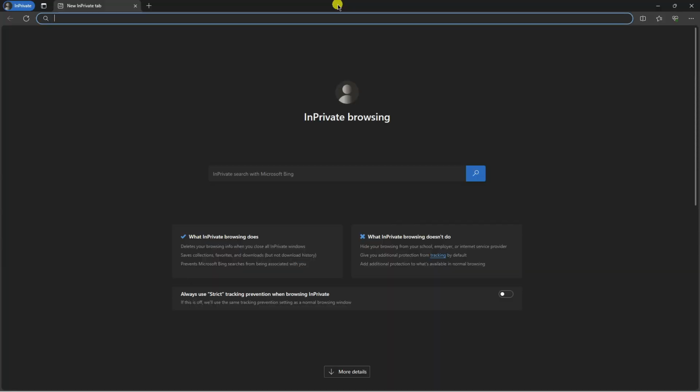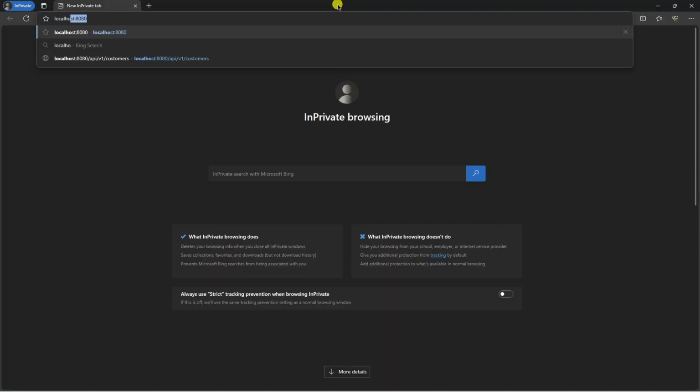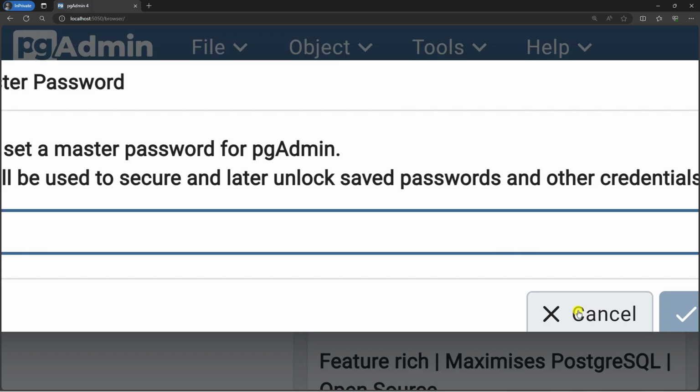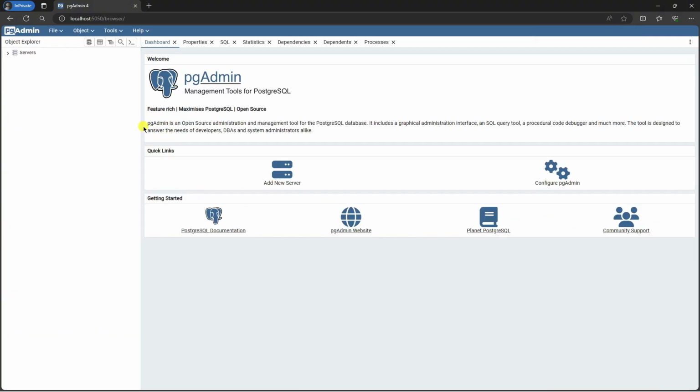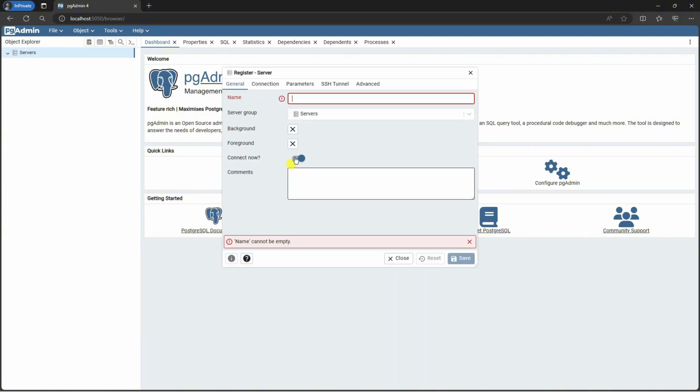Go back to the browser, then I would like to type localhost:5050. So now as you can see, we have pgAdmin in here and in the servers, we don't have any server. Let's add a new server in here, and the name is ntloc server.